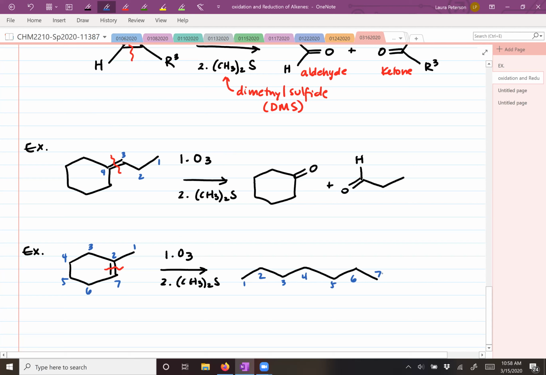Okay, and then we can fill in our carbonyls. So we had a carbonyl at position 2, that's a ketone, and then at position 7, that would be an aldehyde. Okay, and so then, back to my original question, which was how could you get a different number of